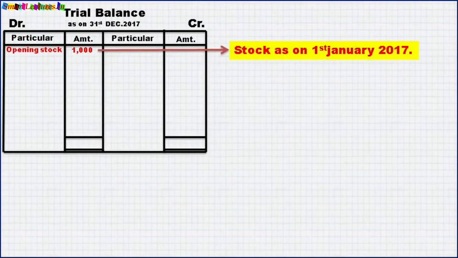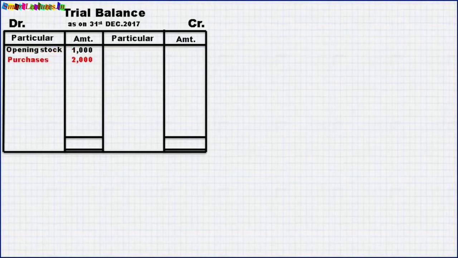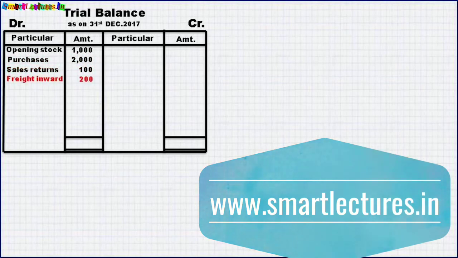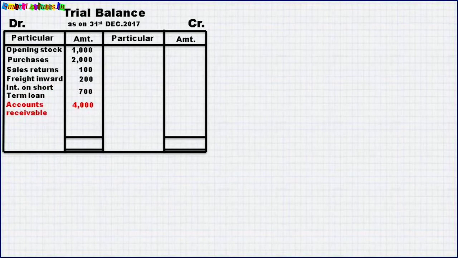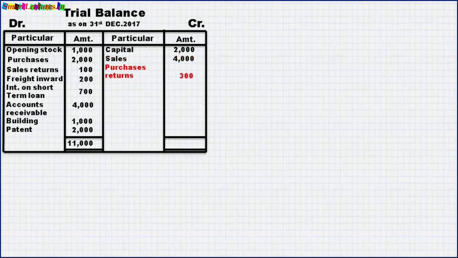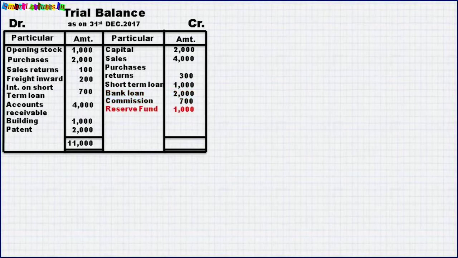So opening stock means as on 1st January 2017, 1000. Purchases 2000, sales returns 100, freight inward 200, interest on short-term loans 700, accounts receivable 4000, building 1000, patents 2000, capital 2000, sales 4000, purchases returns 300, short-term loans 1000, bank loan 2000, commission 700, reserve fund 1000. Total 11000 on both sides. And adjustments means the additional information